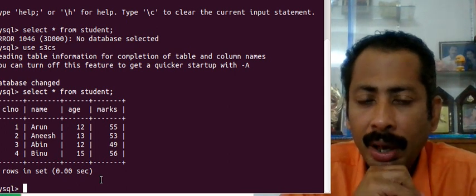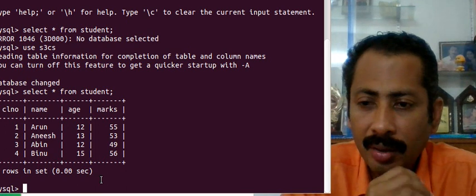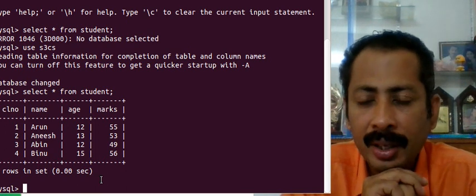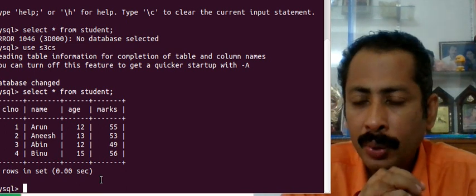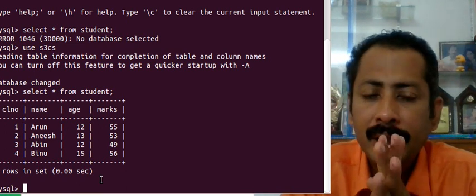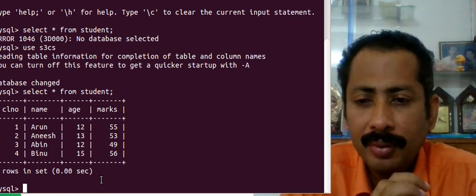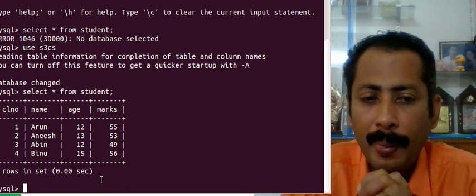If we have not given a restriction on the class number field that the values should be unique, should not be repeated, then there is a possibility of repetition of class number.